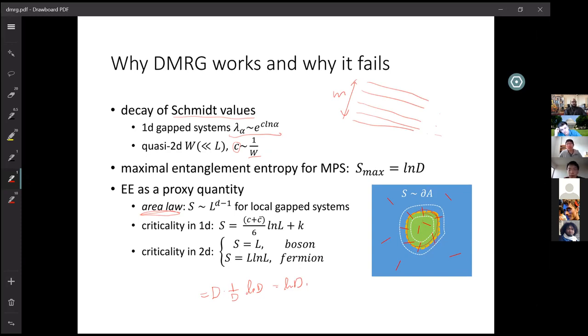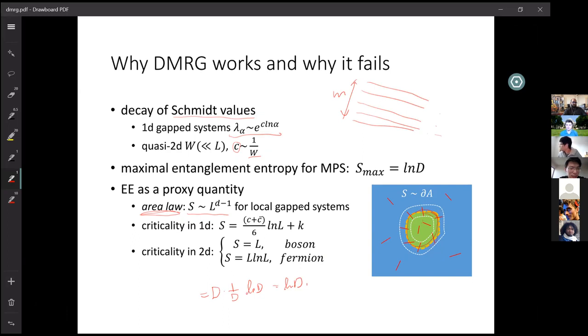So it's called area law. Basically, S is proportional to L to the D minus 1, where D is the spatial dimension of the system. So sorry, is the area law consistent with the fact that the Schmidt eigenvalues are asymptotically constant in 2 dimensions, because of some order of limits or something here? Like why,